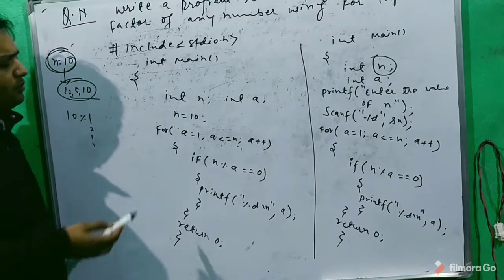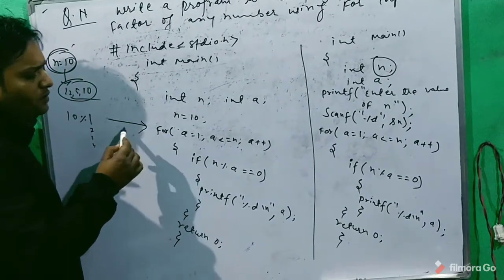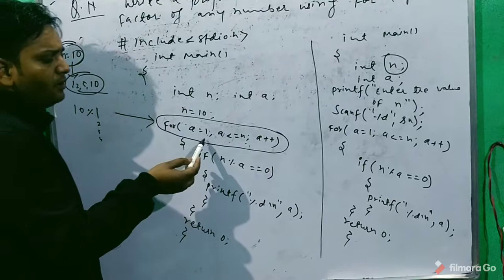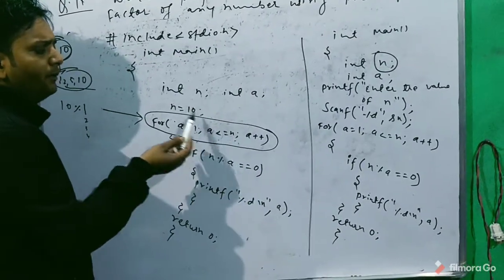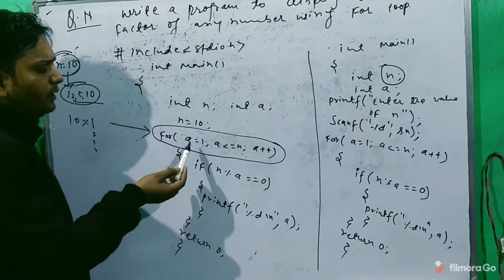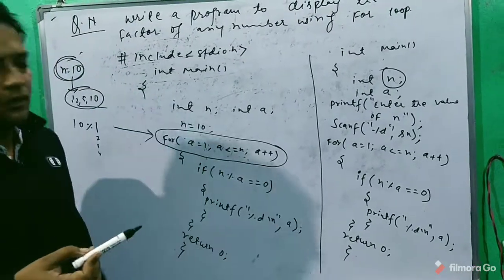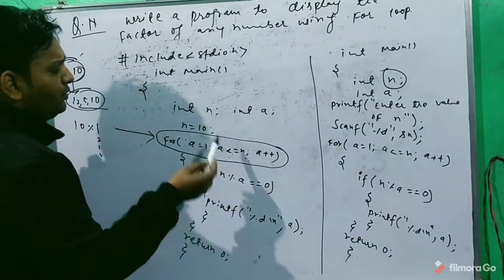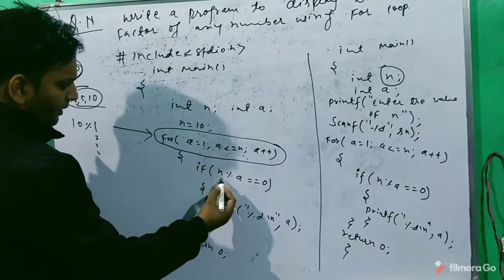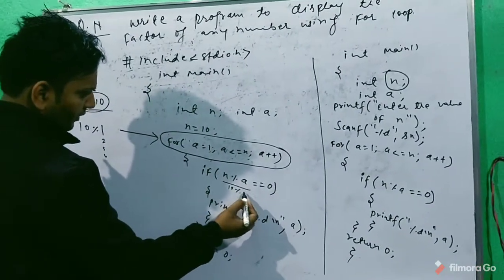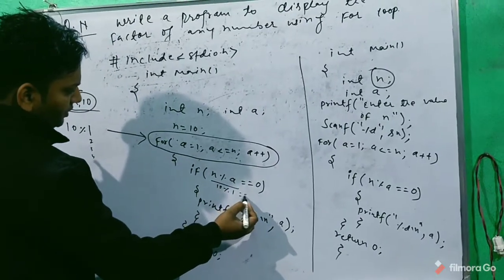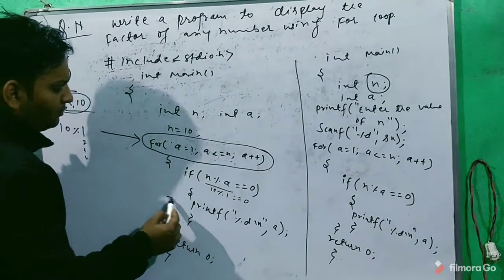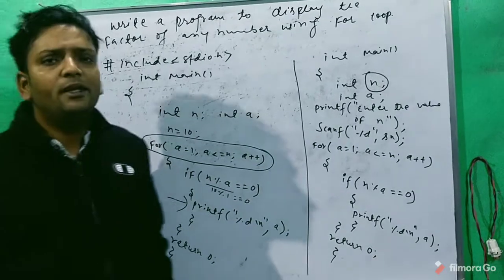First we have to focus on the main logic. This is my loop, and this is the range. Our numbers start from 1 to n. For now I am using the value of n as 10. So the loop is running from 1 to 10, it is going to run 10 times, and it is going to check the factor: n is 10, and the modulus with a, whose starting value is 1. It is going to iterate 10 times and give my result. In this way we can use the concepts of the for loop.